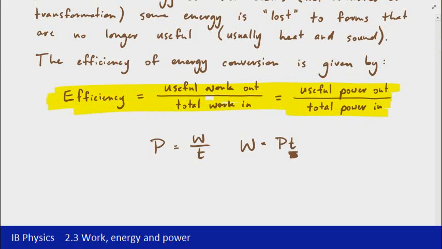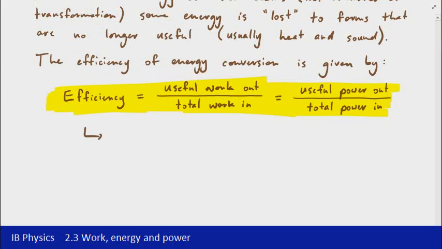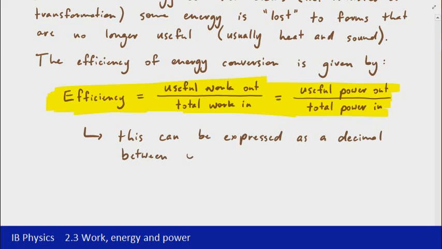So fairly straightforward calculation. You just need to know what you start off with, what you end up with. It's useful in order to calculate the efficiency of that scenario. One last point there too, that value of efficiency can be expressed as a decimal. So that equation that you can see above will always give you a decimal value, and just as a side note here, it will always be between 0 and 1,